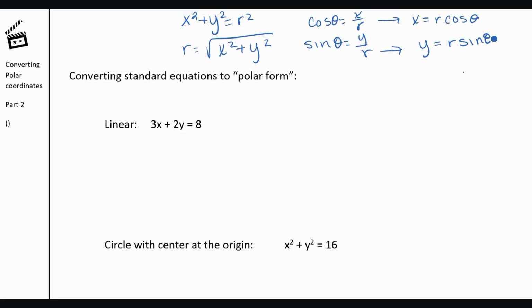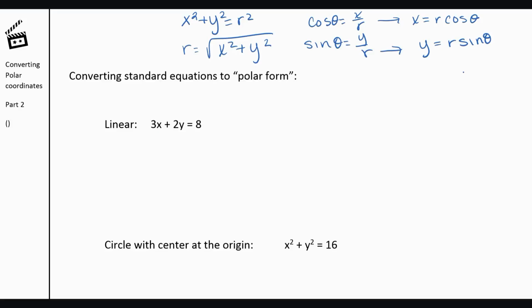So we're going to use these to convert the following. When we start with things in rectangular form, x and y's, and we're converting them to polar form, r's and thetas, we want to make sure in our final answer there aren't any x and y's, there are only r's and thetas. So here we have